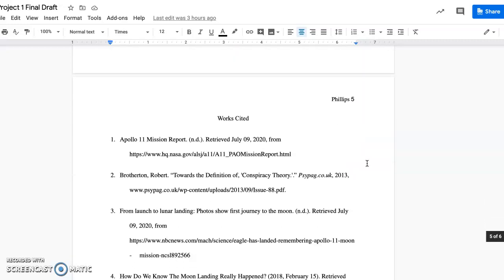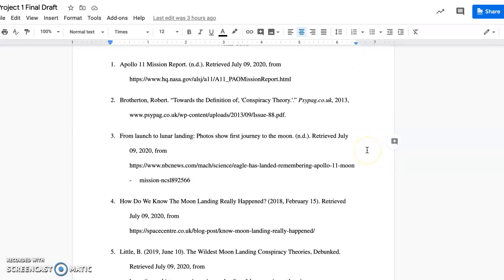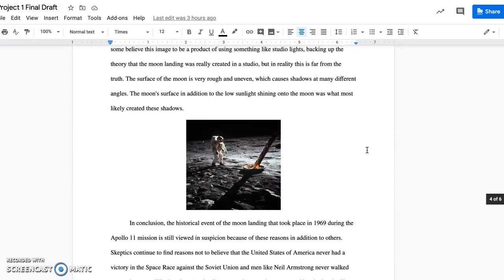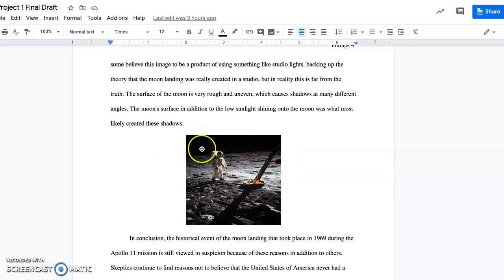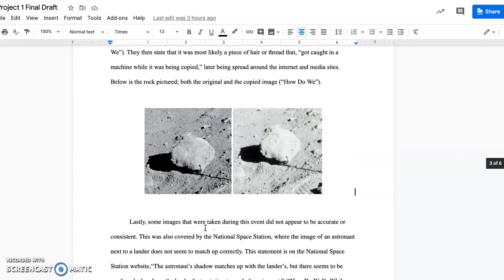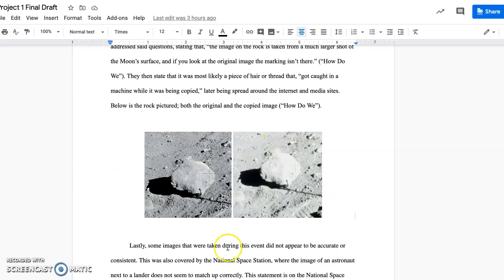But overall, I thought it was a very interesting project and paper to write about. I learned a lot from it, stuff that I didn't even know previously. Like, I did not know about the shadow theory, and I also did not know about this theory.